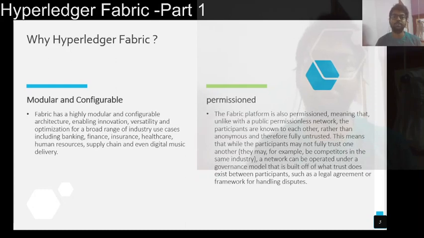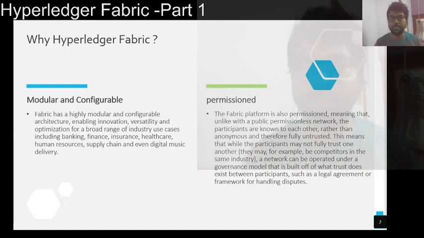Now, why do we need Hyperledger Fabric? As we discussed before, it's modular and configurable. When it is modular and configurable, you can make more innovative solutions based on the industry. It can be retail, it can be finance, and it's no to cryptocurrency. We are going to say no to cryptocurrency in Hyperledger Fabric. There is no point of Bitcoin, Ethereum, Litecoin. No to cryptocurrency. That is where we stick to the permissioned blockchain. So you can use it in banking, finance, insurance, healthcare, HR, supply chain, and a lot more.